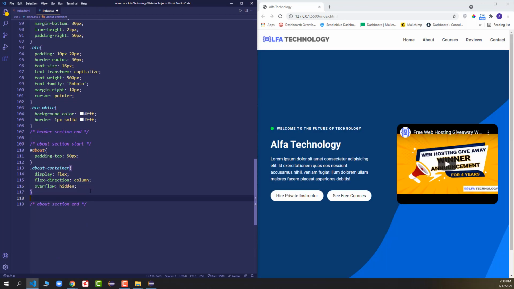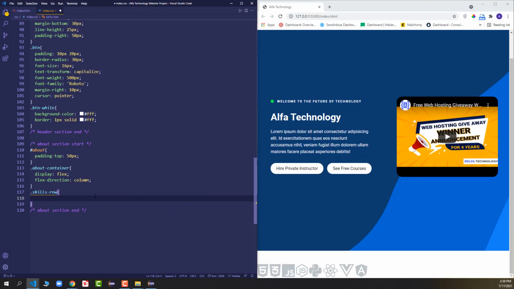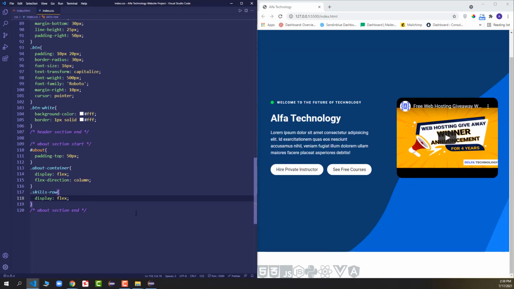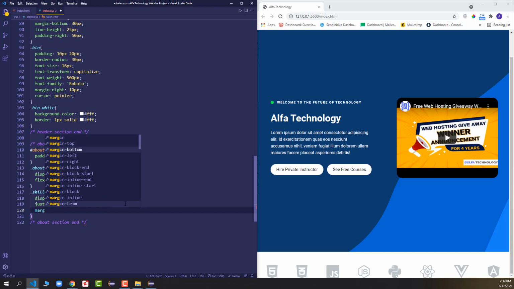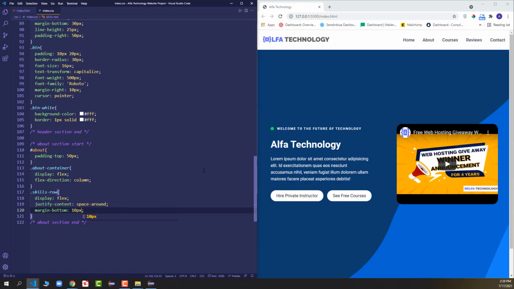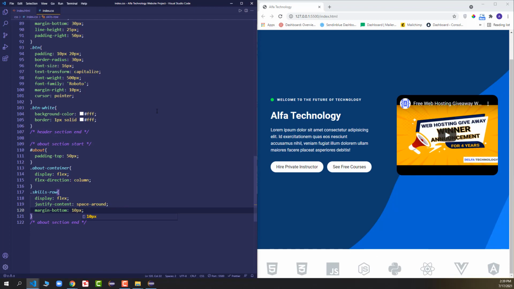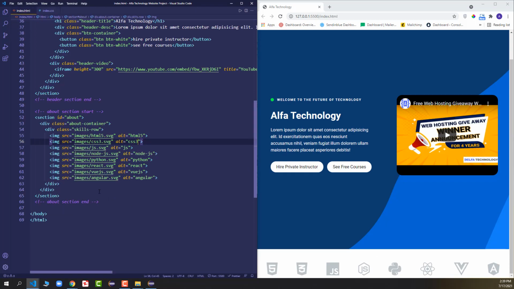After that we will say overflow hidden. Now overflow hidden will play a vital role in this project, so let me just remove it and I will show you how overflow hidden is helping us. Now I will target the skills row. I will say dot skills row, and here in the skills row I will say display flex. They will be flexed, no effect for now, but as soon as I say justify content space around, they will be spread out. After that we will add a little bit of margin from the bottom, so we'll say margin bottom 10 pixel. We got 10 pixels of margin from the bottom. Now we have designed our skills row.